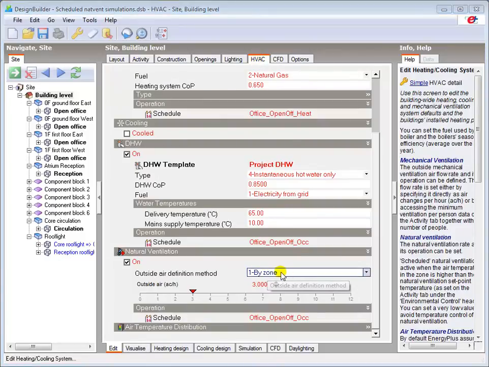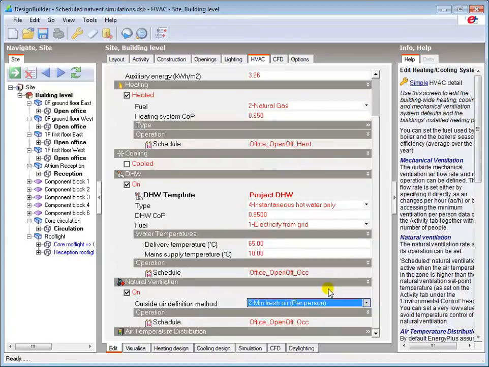The by zone method is useful when you have ventilation data that you can use, such as design data or data from separate calculated natvent simulations. Using this method, you can input a ventilation rate at building, block or zone levels. When the minimum fresh air per person option is selected, the slider disappears as it becomes irrelevant. The zone ventilation rates will then be based on relevant data from the Activity tab, which may be derived from National Energy Codes